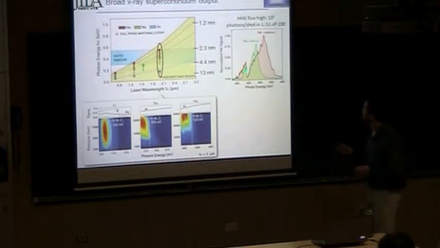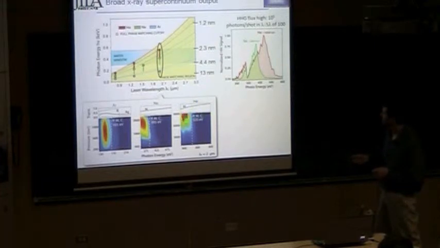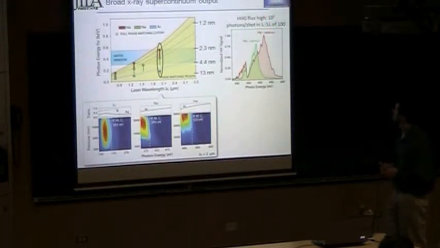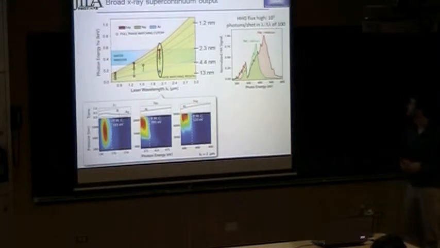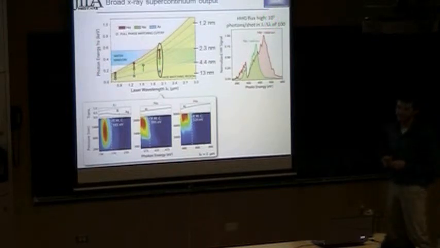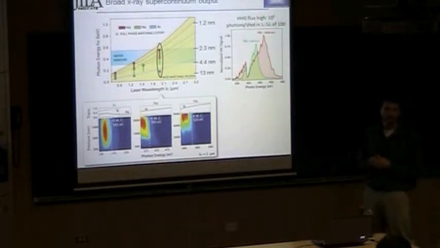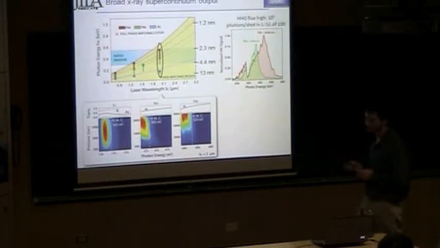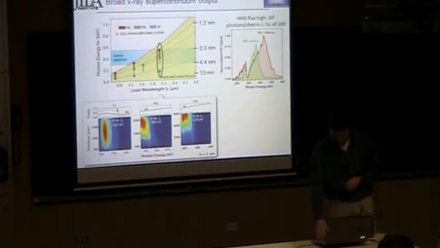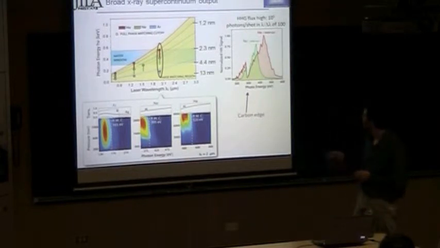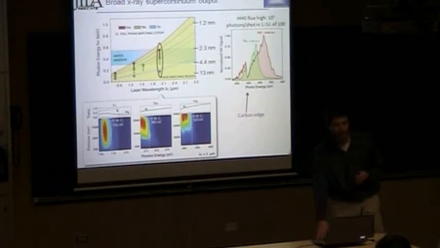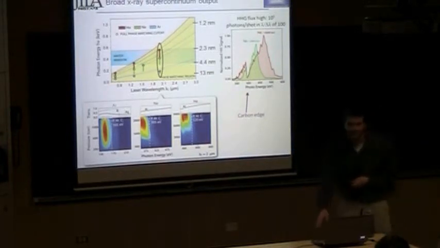And so here's a line out of the peak for both helium and neon here. And we estimate the flux is about 10 to the 5 photons per shot in a 1% bandwidth for helium. And if you're not used to thinking about this number, that's about 3 orders of magnitude brighter than the next highest cited number for high harmonics in this energy range. But again, the carbon edge always shows up in there. It's kind of nice because it shows that you're in the water window, but you also always lose part of your spectrum.